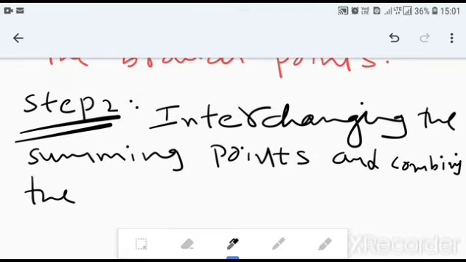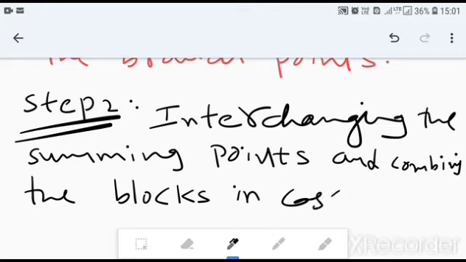Which blocks we are going to combine is explained next, when we shift the branch point related to H2